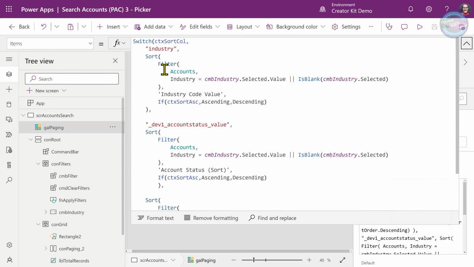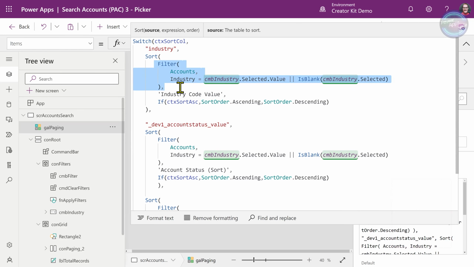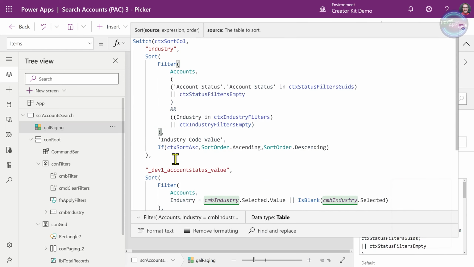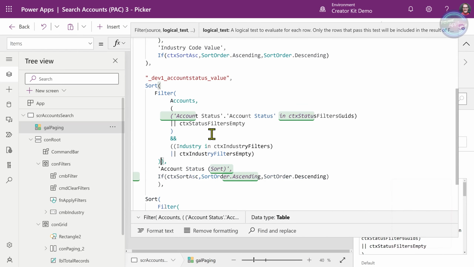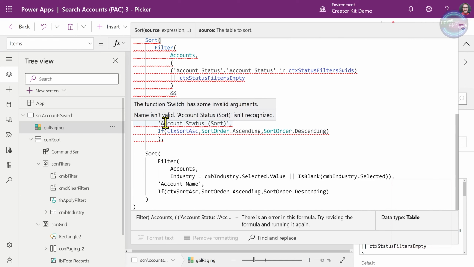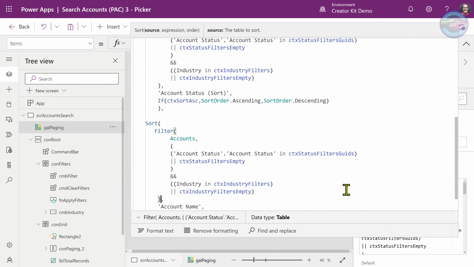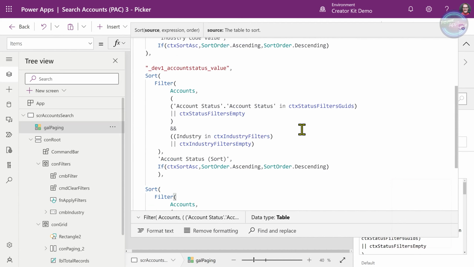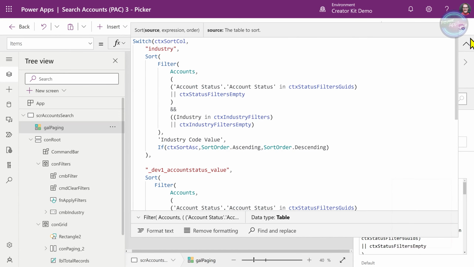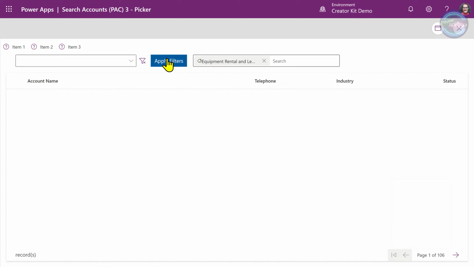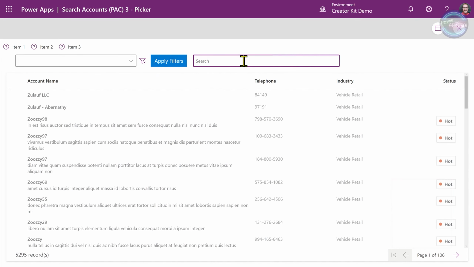But what I'm going to do is replace this filter here with that filter that we had. And of course, it's in a few different places here because we've got the different sorts and the different filters going into each of those different sorts. So there we go. So now if we run that and we apply filters and remove that,